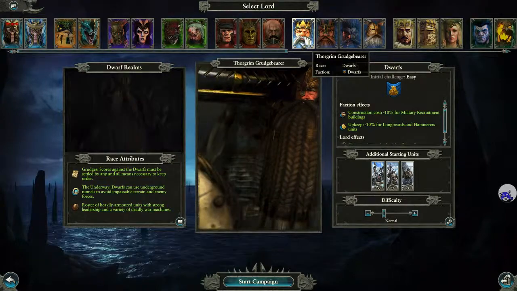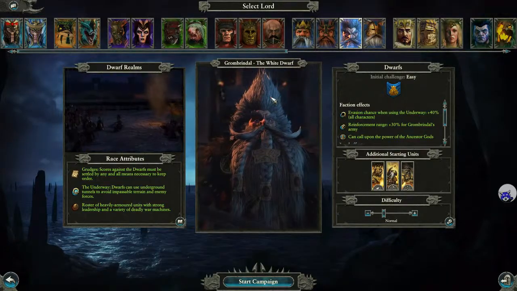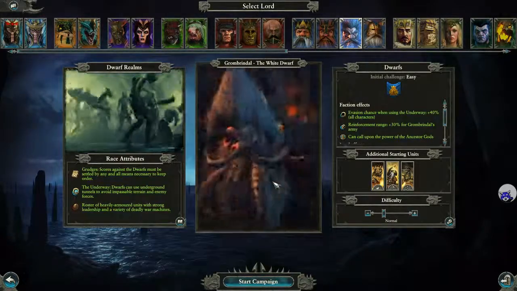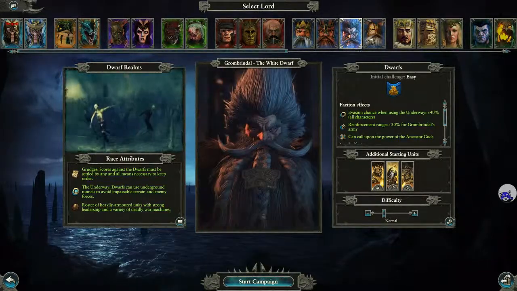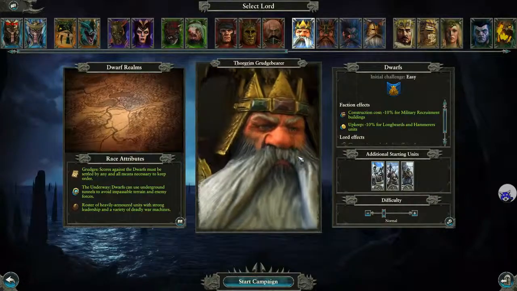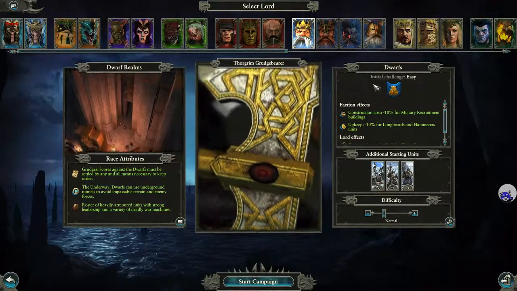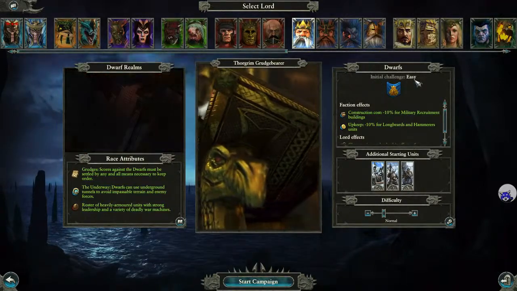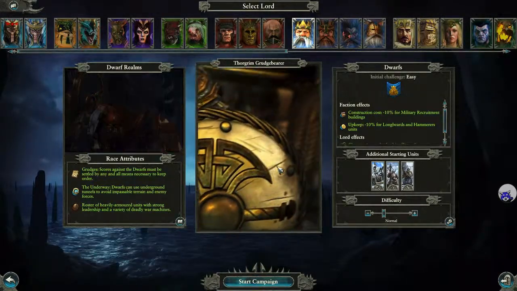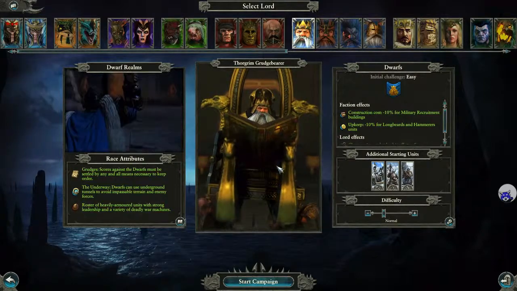So I'm going to play as Thorin Grudgebearer, who is the High King. There's also Ungrim Ironfist and Grombrindal the White Dwarf, who is actually an incarnation of Snorri Whitebeard, long dead leader of the dwarves. And then we have Belegar Ironhammer, but he's from Clan Angrund. So we are going to play as Thorin Grudgebearer. He's a pretty nice leader to start with. As you can see, the initial challenge is easy, and the game and the units work in such a way that it's pretty new player friendly, I feel. So we will see that in the